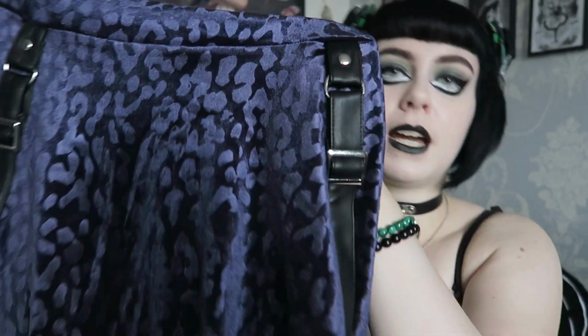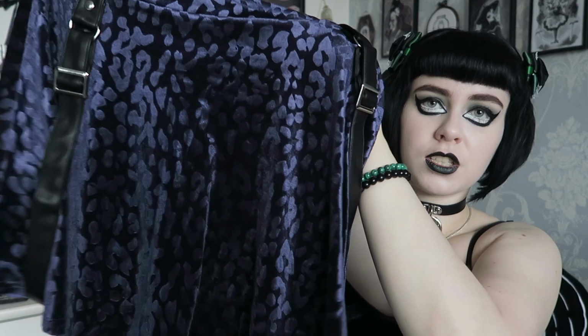I cannot stand that. They put that in one of their Cthulhu skater skirts. I thought it was awful. I still haven't untwisted it. Whereas this isn't like that. It's flexible, but it's sturdy enough that it actually stays up and doesn't roll down. So I feel like this is a really nice waistband. And then it just flows down again into a really nice skater skirt